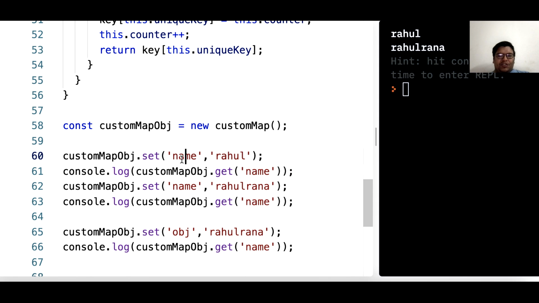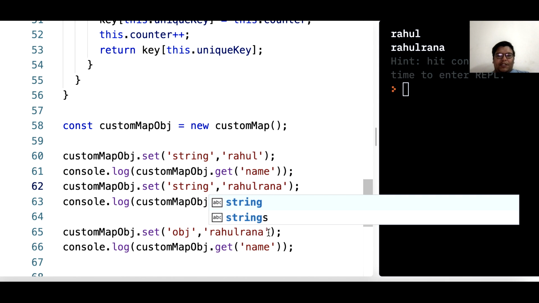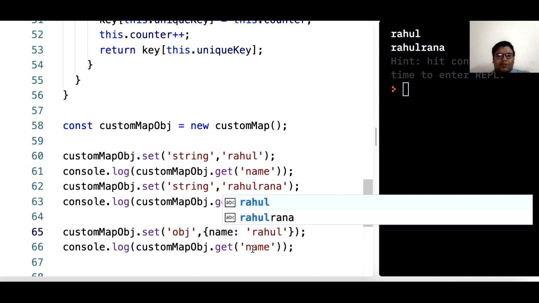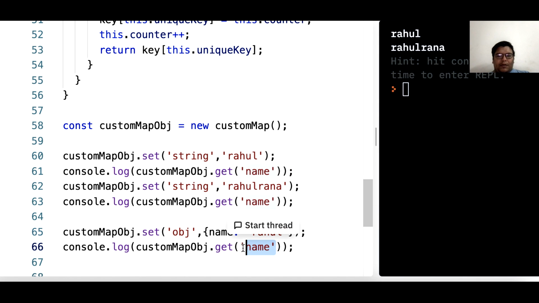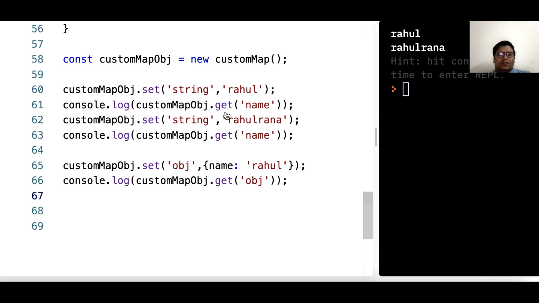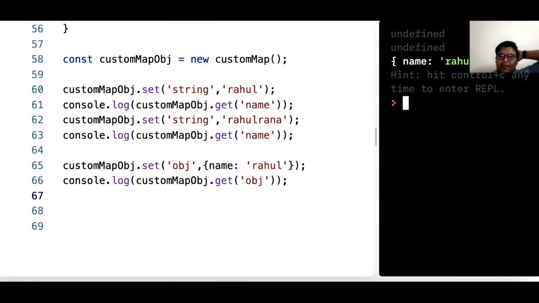Here, for string we are checking, and let's say object we are checking now. So when we try to get anything with name object, we should get the output as object basically. Okay, so here you have the first two.